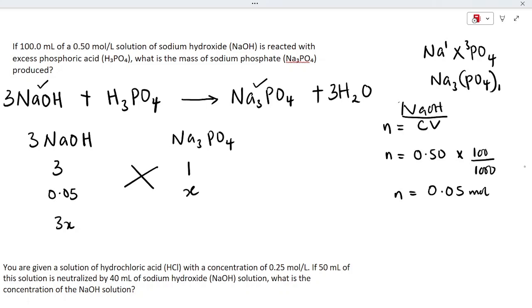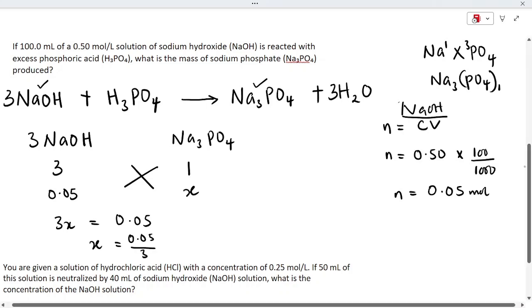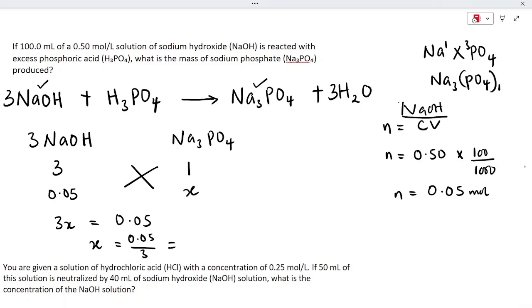We have 3X equals 0.05 times 1 gives us 0.05. So X becomes 0.05 divided by 3. And when you do this, you'll be having 0.1667